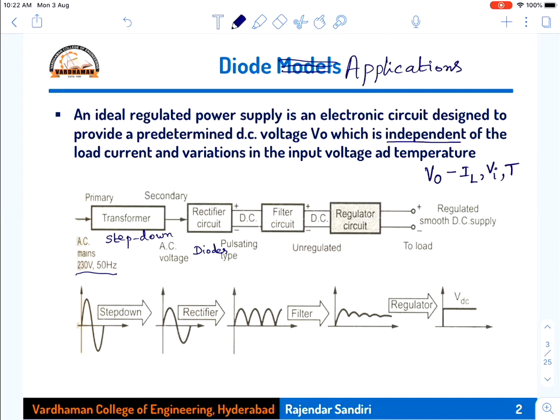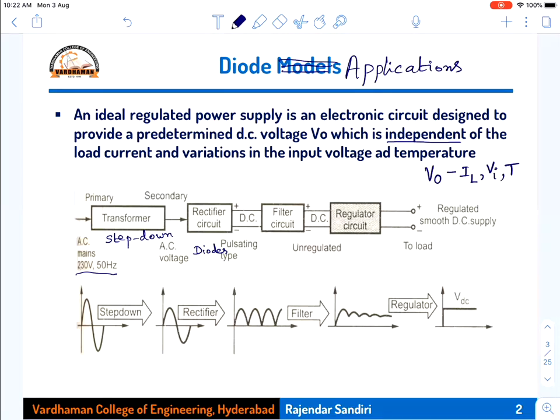You already know the diode operation, forward bias and reverse bias operation of the diode. For the positive cycle of the input, the diode will be switched on when it is forward biased. For negative cycles of the input, the diode is reverse biased and switched off. So the diode allows the flow of current only in one direction. That property of flowing current in one direction is used in the rectifier circuit.